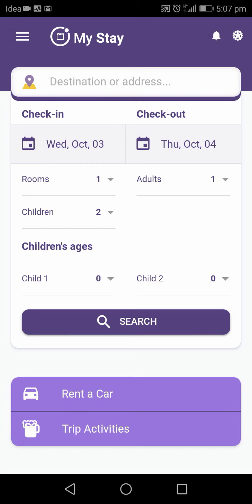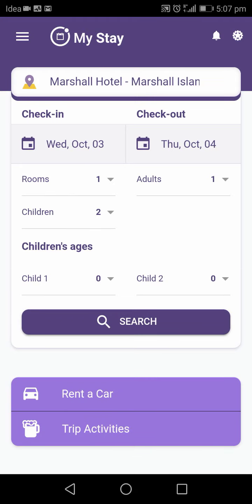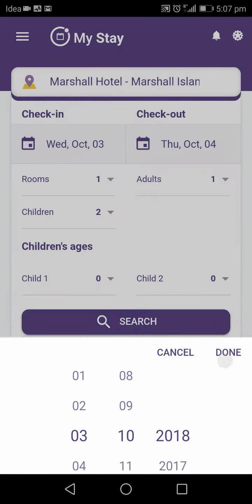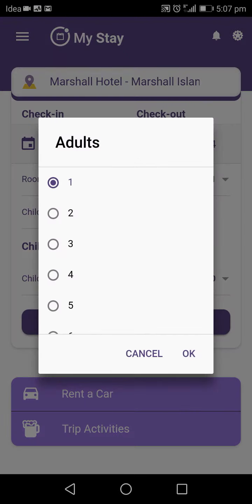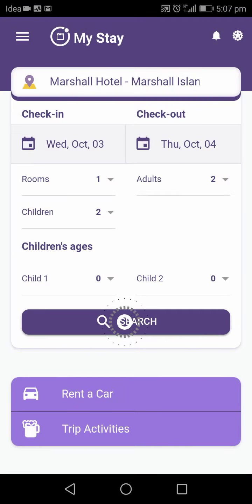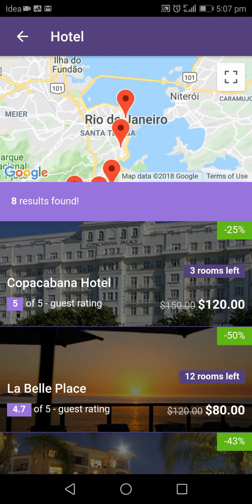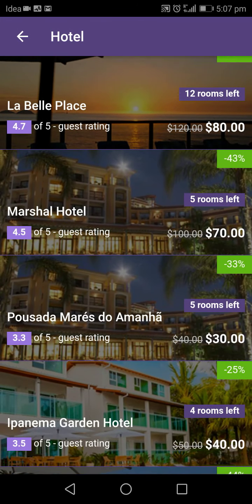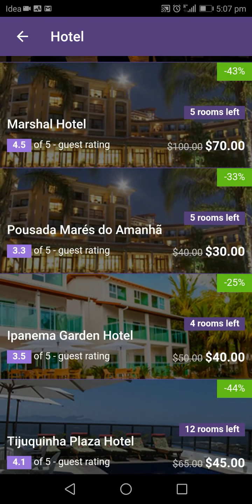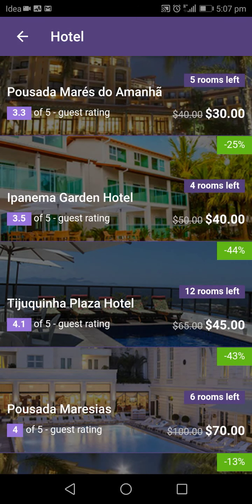There are advanced search and filter options. User can type the location to book the hotels or select one from the auto suggestion list. User can also select check-in date and check-out date along with the number of rooms required, number of adults and children. User then clicks on the search button to view search results with essential hotel information along with the available discounts and offers running. This app is efficient for storing and showcasing n number of locations, hotels and their information.